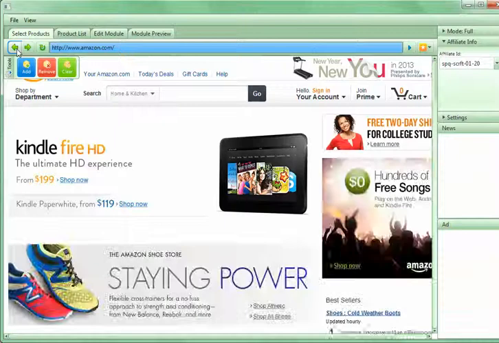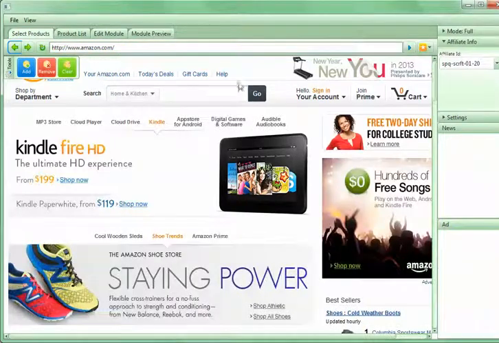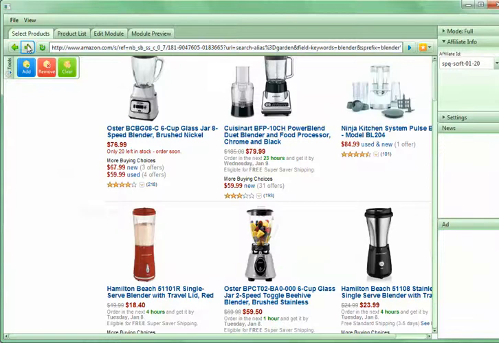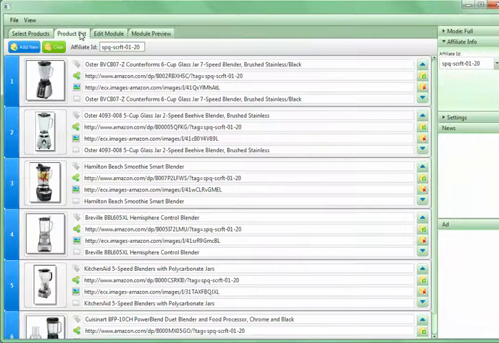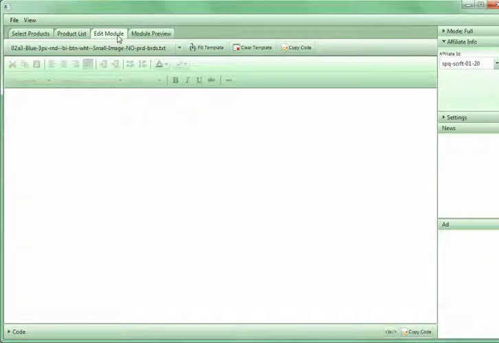and go back to the beginning. You put your search term in here just like you were on Amazon. Go to the search results, choose your products and click add, and that gets you a product list. And then you just go back each time and add a new one. So anyway, after that, then you have to build